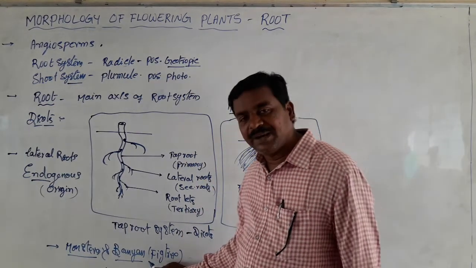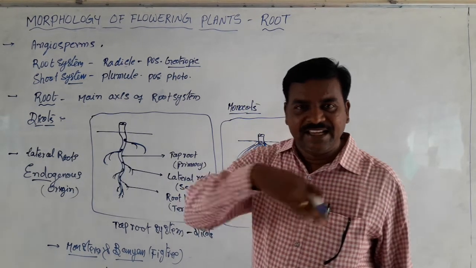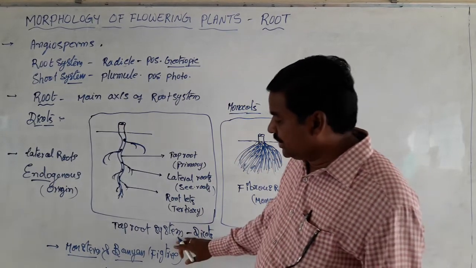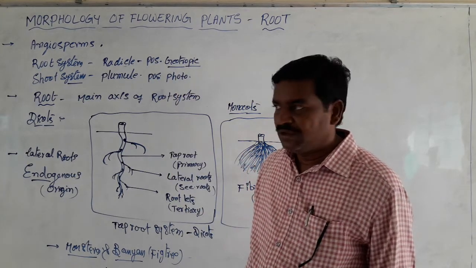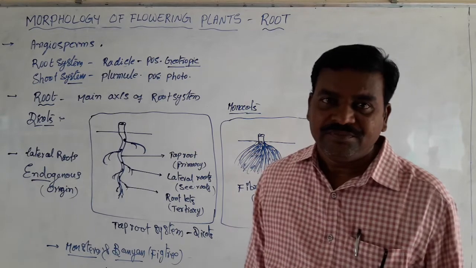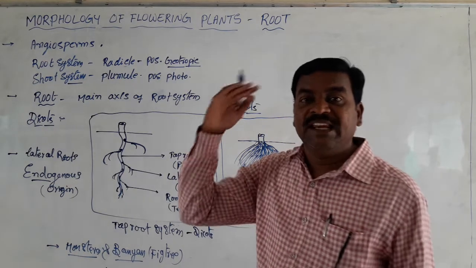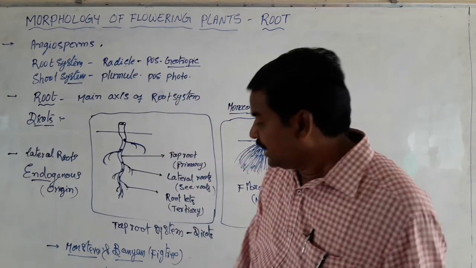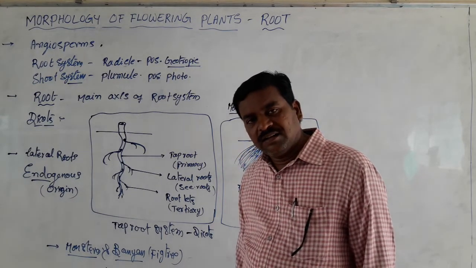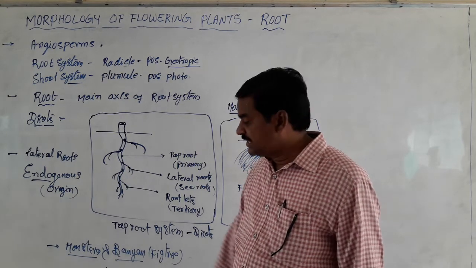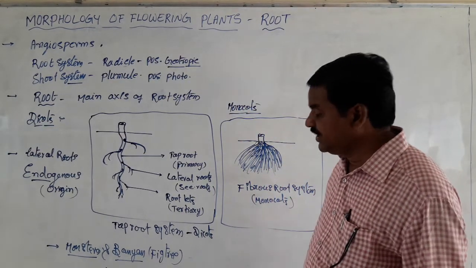For example, in the case of the banyan, large roots are first freely hanging in the atmosphere. Then they enter into the soil and become pillar-like structures, prop roots. They provide mechanical support. So, in the banyan tree, the adventitious roots are developed from aerial branches. In this way, roots developed from any part of the plant body other than the radicle are called the adventitious root system. Generally, this is present in Monstera and the banyan tree, also called the fig tree.